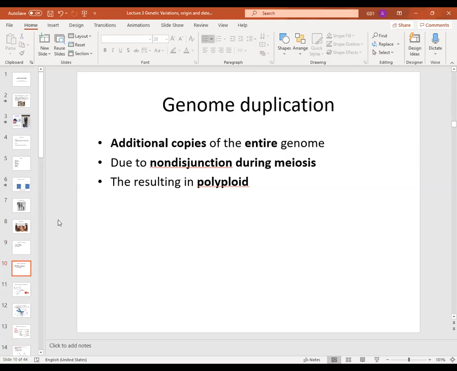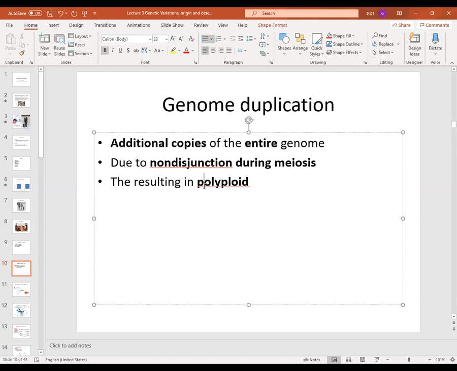And this happens due to unequal segregation during meiosis. So one gamete has no chromosome, and one gamete has 2N. You can see that those gametes make new zygotes, and you have 3N or 4N. So the result is a polyploid. In plants we have a lot, but in humans, I don't know whether we have it or not. Maybe we have, but they quickly die,